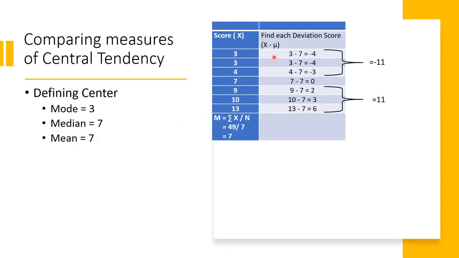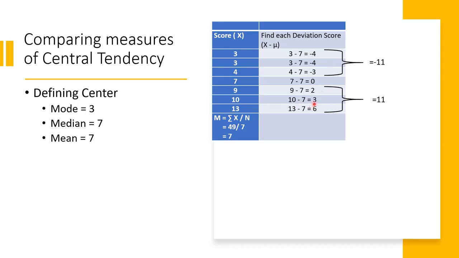So what's a deviation score? A deviation score is the distance of a score from the mean of the distribution. So the mean of the distribution is 7. 3 is -4 away. This 3 is also -4 away. This 4 is -3 away. 7 is, of course, right on the mean, so it's 0 away. 9 is +2 away. 10 is +3, and 13 is